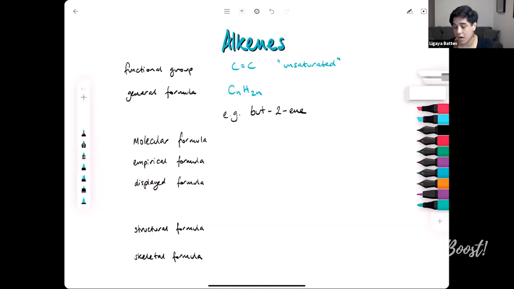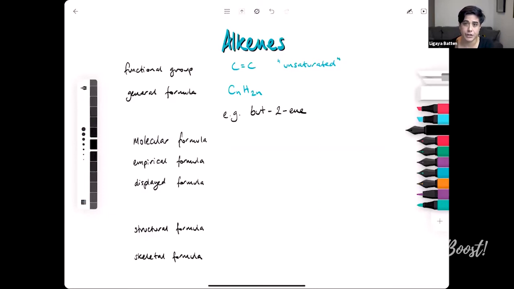So that's because the carbon-carbon double bond means we can't have as many hydrogens as we would have had with the similar alkane molecule. So we're going to do the same thing as we did with alkenes now for the example of butene. And we'll come on a little bit later to understand why we have the 2 number in the name of butene there. So the molecular formula will be C4H8. So the but tells us we have 4 carbons, and then the 2n is 4 times 2, so that's